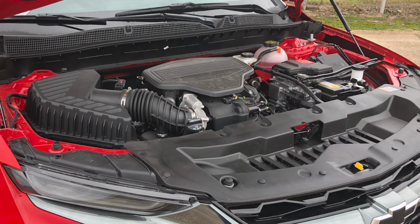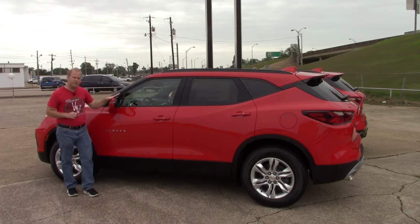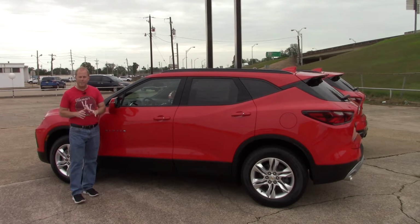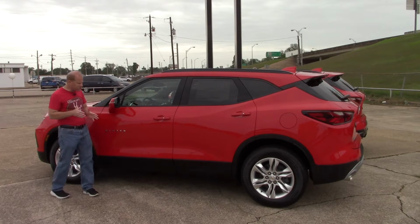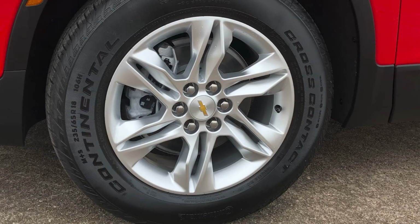And to answer a very common question that I get in my videos, do the side view mirrors have turn signal indicators built in? The answer is the same for both Blazers. The answer is yes. And obviously you can see the differences between the wheels on each model, but one thing you might not notice